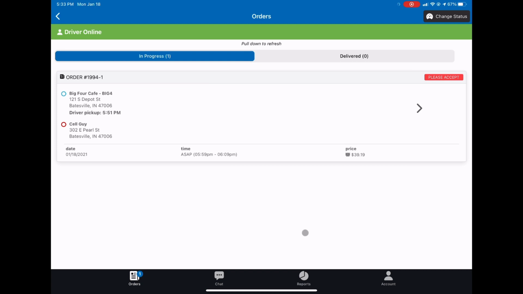Okay, so now this order pops up into your app, and you can see right off the top that this is the restaurant you're going to. This is the customer that you're taking it to. That's your order total, and it's an ASAP order, should be delivered between 5:59 and 6:09, and it tells you please accept order. So if I click there, it's going to take me